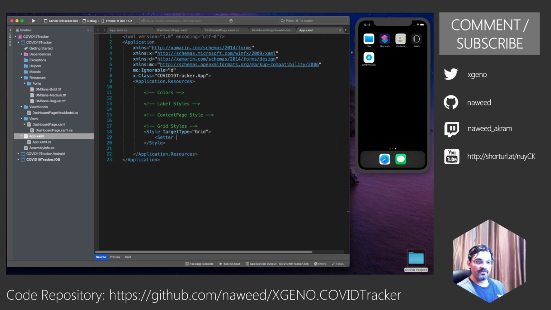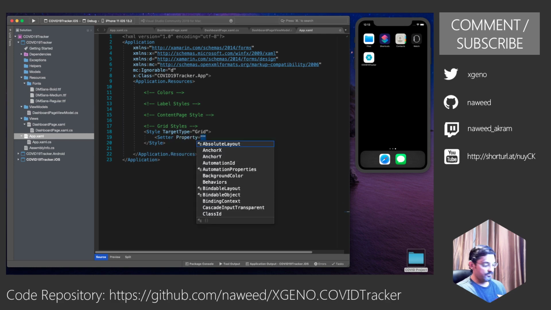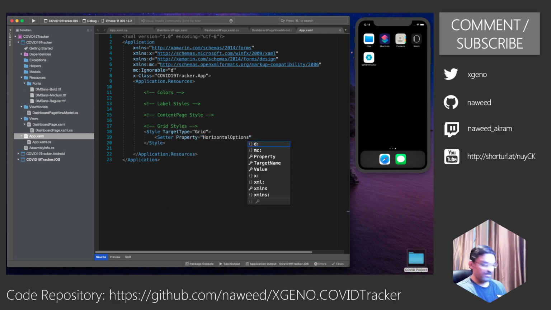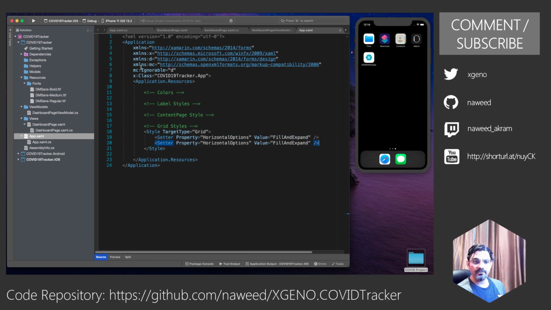So we can define a setter, property equals to horizontal options, where I want to use fill and expand. Let me copy the same thing and I will do it for vertical options as well. I can give it row spacing. I usually give it 0 row spacing, and the same I do for my column spacing.